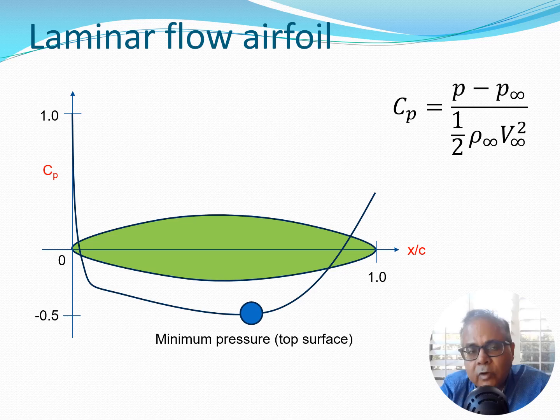But if I were to plot the same Cp on a laminar flow type of airfoil, then the Cp variation would be something like this, and the minimum pressure would be at some point quite distant from the leading edge. So essentially what this would do is create laminar flow for most of the airfoil cross section, and for laminar flow airfoils the maximum thickness is somewhere at the center of the particular wing section we are dealing with. Now laminar flow airfoils would keep the boundary layer or the flow laminar for a long period of time,